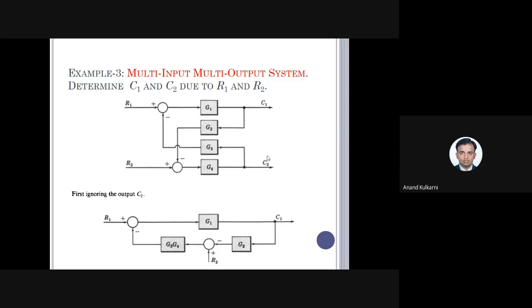Or if somebody is trying to go for this GATE exam, sometimes this kind of problems are asked. Very simple problems. In this case, how to solve it? Multiple input, multiple output kind of system. Remember, multiple input,